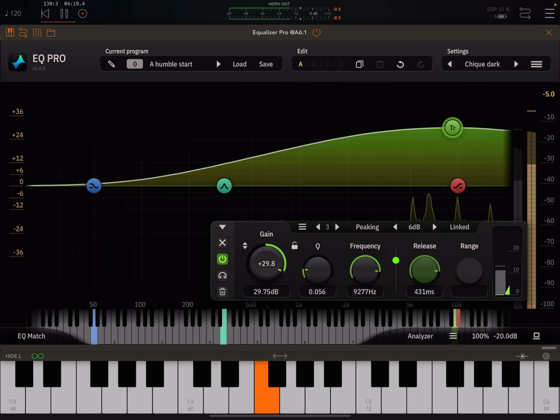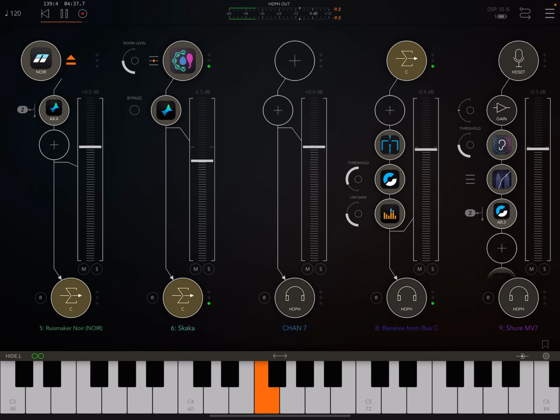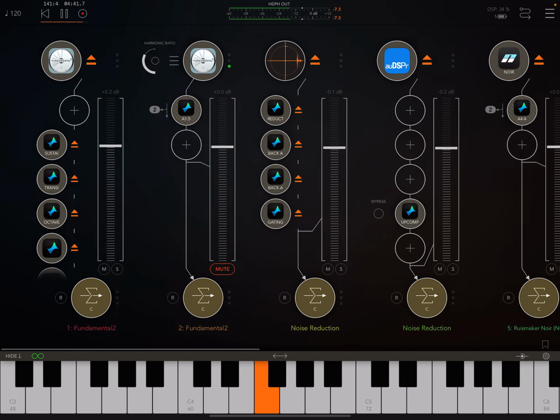So with a higher release value, it will be EQing more of the earlier part of sounds. And with the lower release value, it's really only EQing that very first portion of the sound. If we go back to